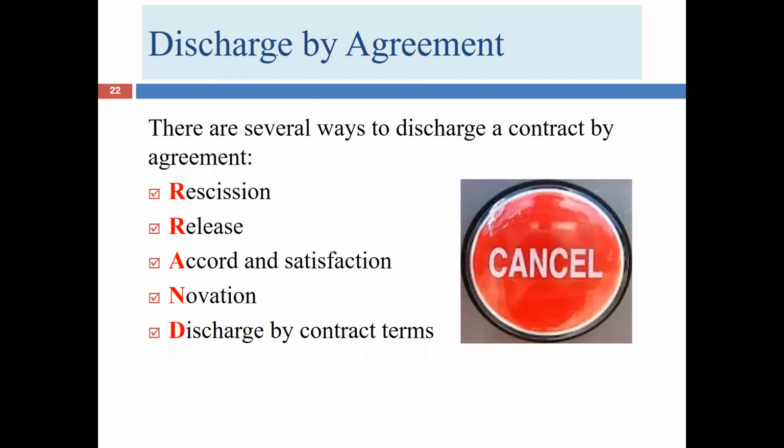So now we've gone through all the situations where we have discharge by agreement. Where there's rescission, usually that's going to be mutual rescission. Where we have release, also we can call that accord and satisfaction. Typically happens when there's some type of dispute where one person is willing to settle the dispute. Novation, when one person wants to fall out and replace that person with another person. And then finally we look to the contract terms. We're looking at a condition subsequent that may or may not be express. And so these are our 5 ways, RRAND, where we can have discharge by agreement.